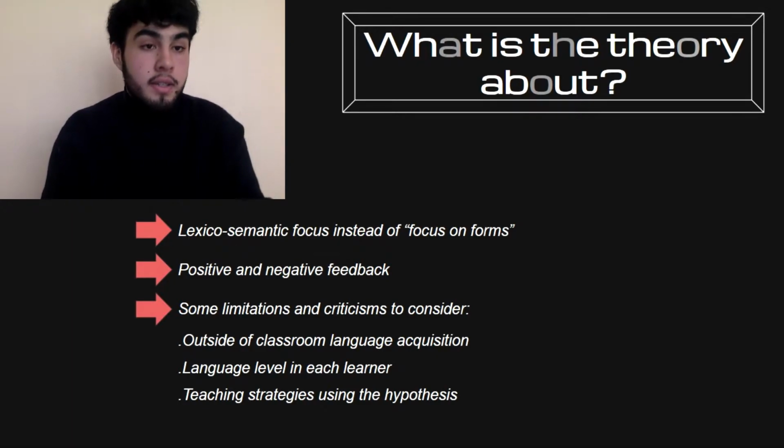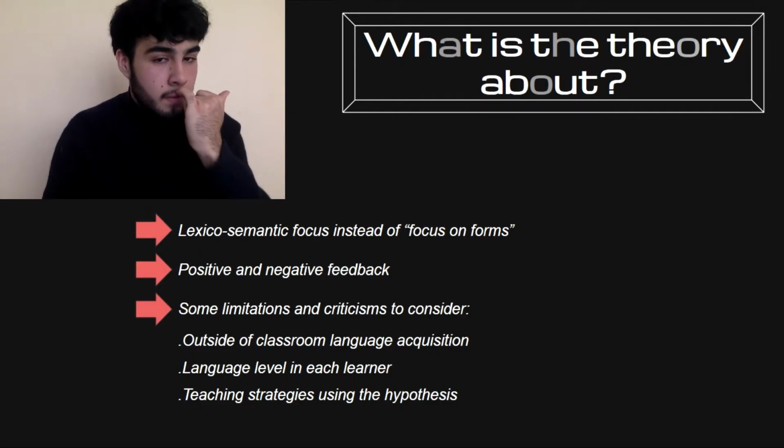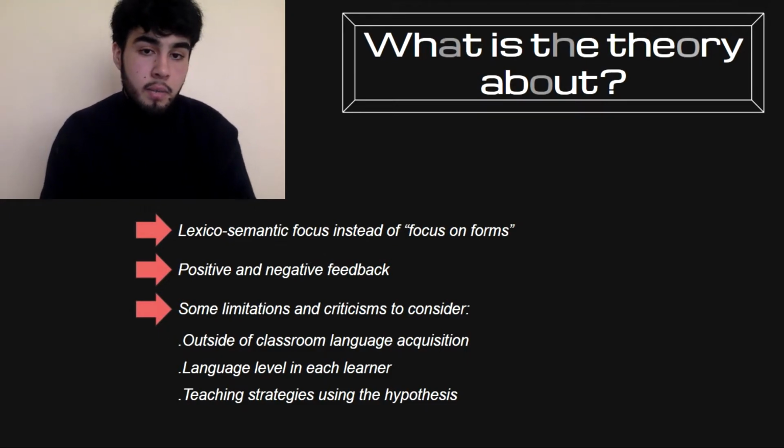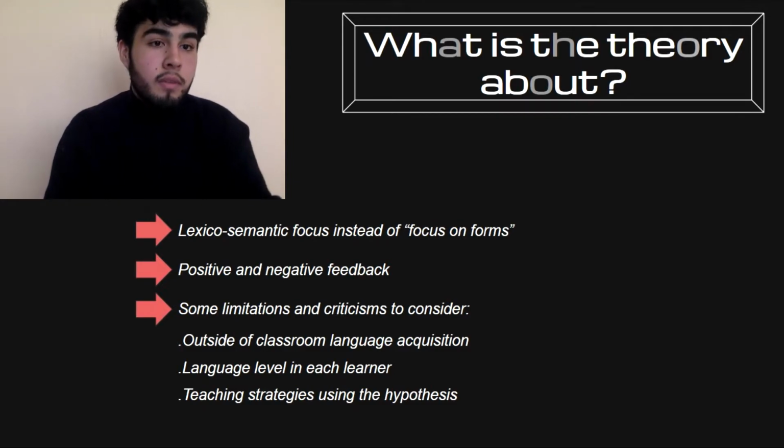And well, as aforementioned by Kathy, the feedback is an important aspect as well. He makes a clear difference between positive and negative feedback. For him, the positive feedback is an implicit correction to a mistake made by a learner. And the negative feedback is the typical type of feedback that you would see in the classroom, which is the teacher saying the correct sentence or just straight away correcting the learner with the appropriate form or with the answer.